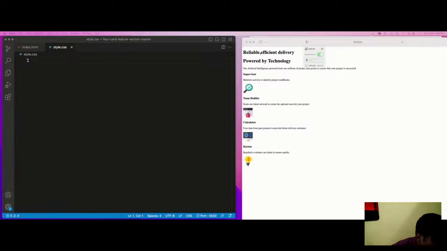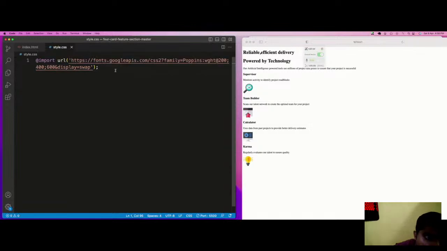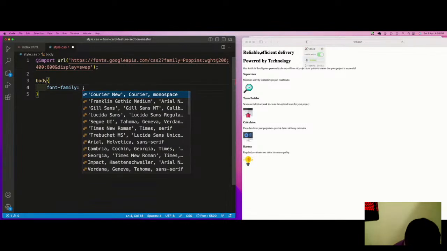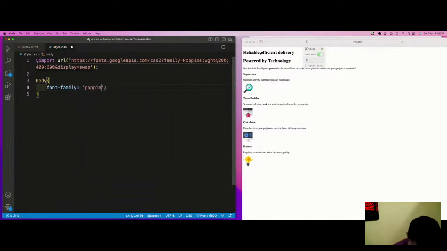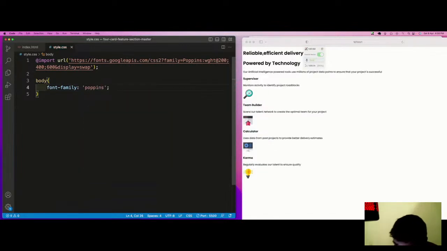For the style part of a thing, we have been asked to import the Poppins font. I have already imported the Poppins font, so on the top, let us import it. And what we do for the body tag, we have the font family as Poppins. So you can see how beautifully the structure changed.